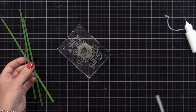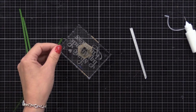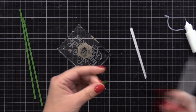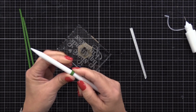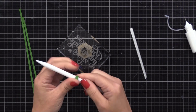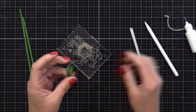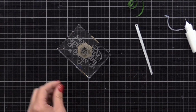Now the Pumpkin Builder die set comes with this long die that you see over on the right that cuts a strip that is perfect to make a curly Q to put at the top of the pumpkin. You could definitely use that, but I just thought it was faster to cut very thin strips of green cardstock, and I'll just use that instead. Either works. Now I'm taking one of those strips and wrapping it around a pencil, a paintbrush, whatever you want,